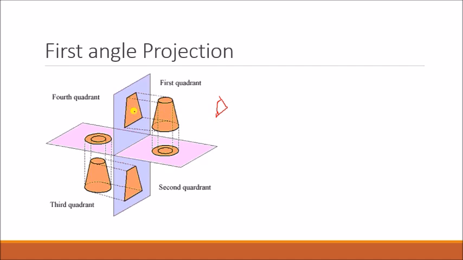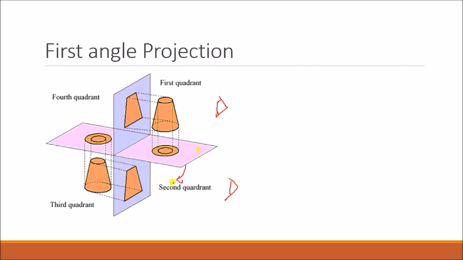So this is your front view, and when I open this downwards, it becomes the top view. Same way, now we'll see the third quadrant. The observer is here only, the observer is the same, it doesn't move. When you're seeing from this side, that is the observer, in third angle the plane is in between the object and the observer. So when the plane is in between object and the observer, we call it third angle projection. In first angle the object is in between the plane and observer. In third angle, this vertical plane is in between the object and the observer.